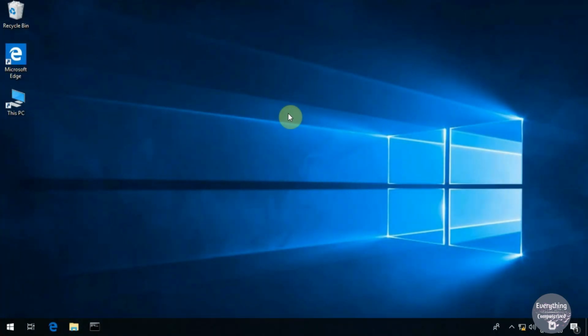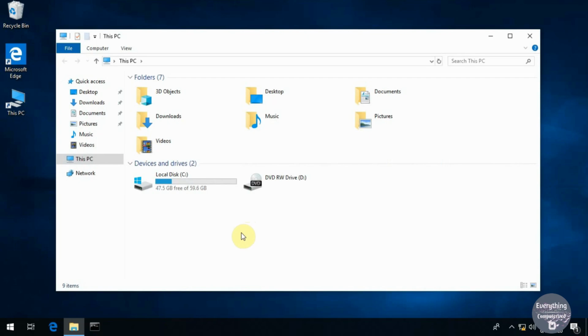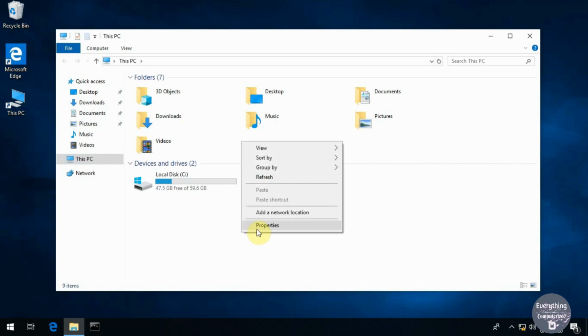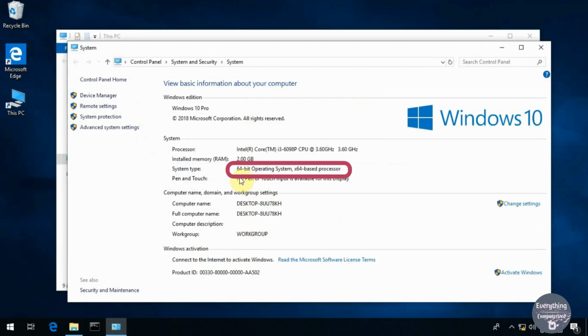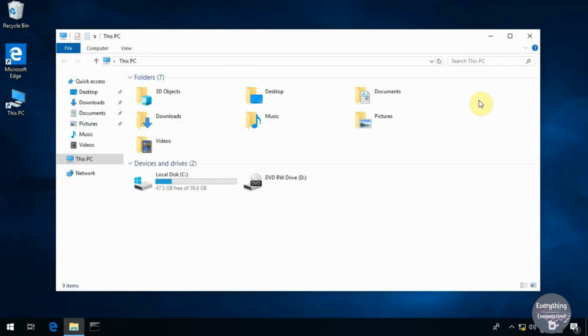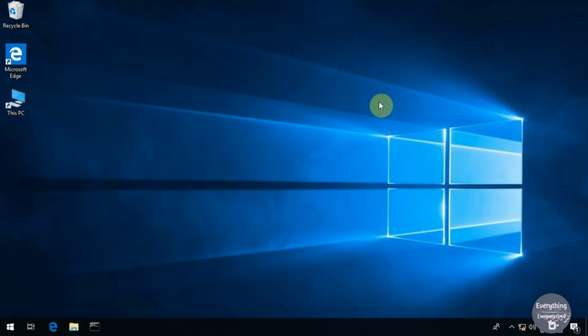I'm going to install the software on a 64-bit computer. If you don't know which bit your computer is, you can find out by opening This PC and going to Properties, where it will be written which operating system you are running. Currently I am running a 64-bit operating system on a 64-based processor. So all the software which I am going to show in this video will be based on a 64-bit computer. So make sure you have a 64-bit computer on your side.